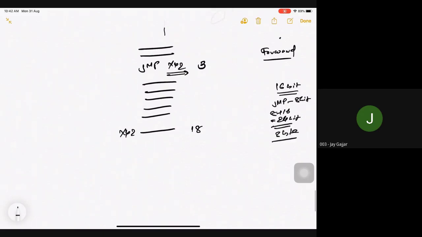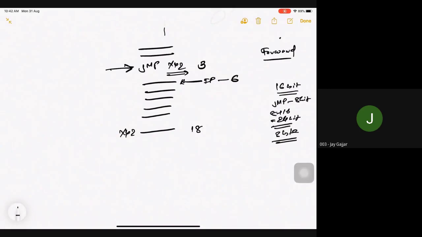So my assembler, when it is processing this line, knows that my jump instruction is of 3 bytes. So at that point of time, my IP will be pointing over here, and that instruction will be on number 6 because my jump instruction is of 6 byte. Clear?